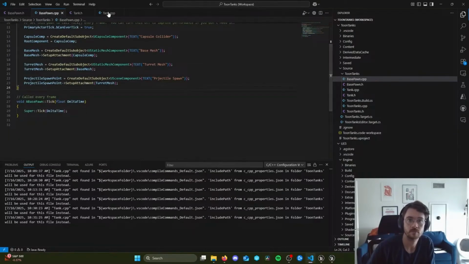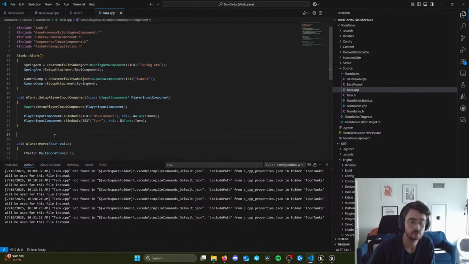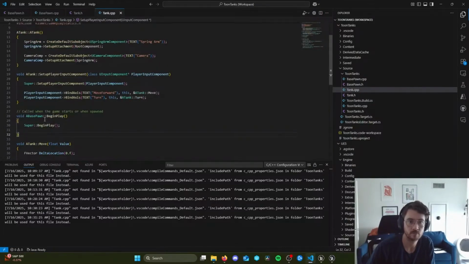And now we have it declared here in tank.h, but we also need to define it in tank.cpp. So I'm going to define the function just under setup player input component. So it's going to be void begin play with no input parameters. There's the function body, and we also